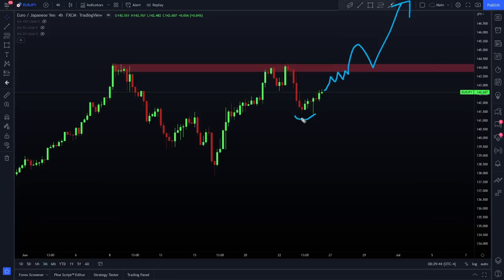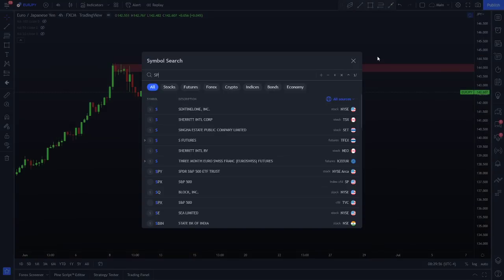And I really like the fact that we printed a nice low here last week. We didn't end the week low. We ended the week pushing off of the lows. Very, very strong there. So especially with a strengthening stock market, I think that these pairs could see some more